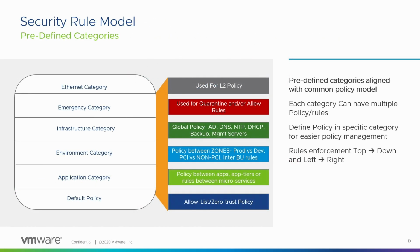One last thing I would like to review before we go to the full view of what a section and a rule look like in the distributed firewall is our security rule model. We have some predefined categories: Ethernet, emergency, infrastructure, environment, application, and finally the default policy. The Ethernet category is used for our layer 2 policy. Our emergency category is for quarantine or any other rules that allow or deny and are usually put in like a break glass methodology, where I need to have this immediately,